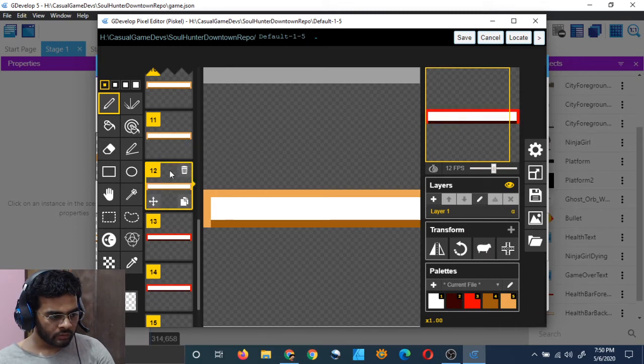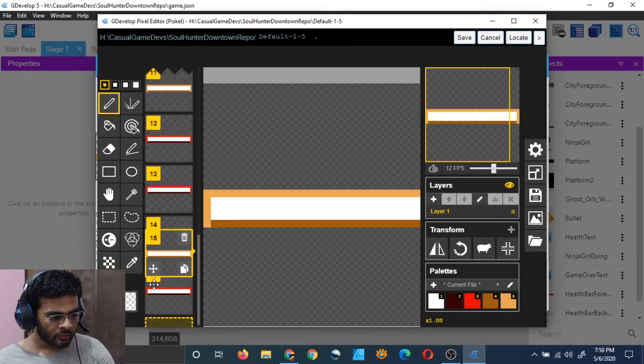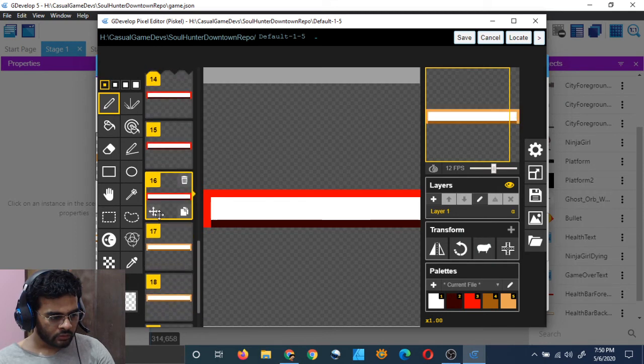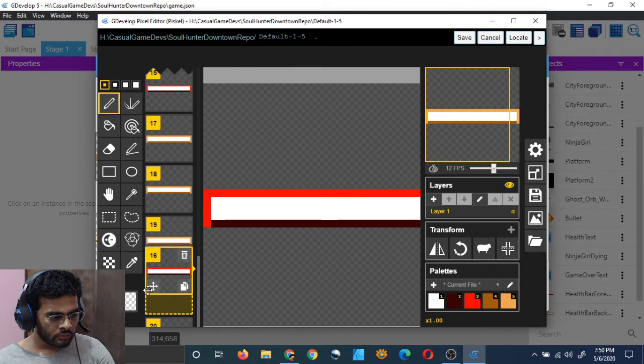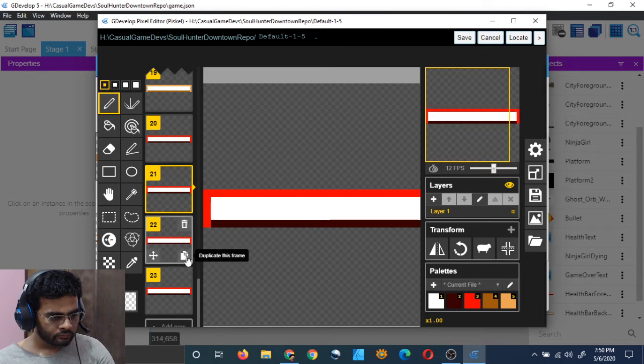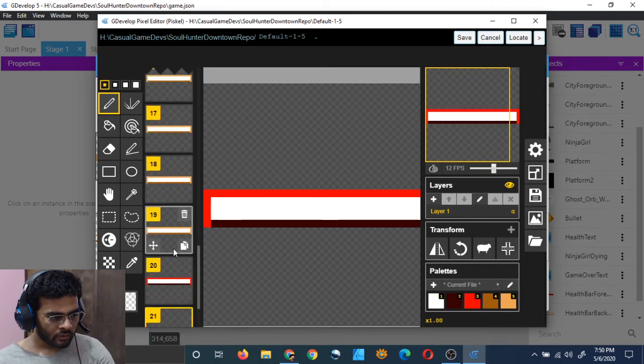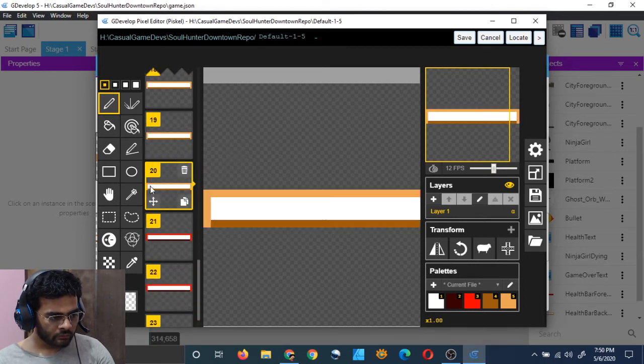Okay, then duplicate this and move it down. 1, 2, 3, and then duplicate this one and move it down the ladder. Yeah, 1, 2, 3, and then again do it for this one.